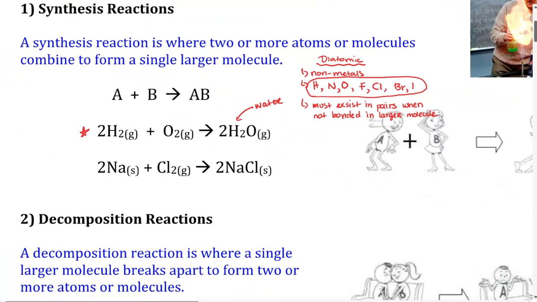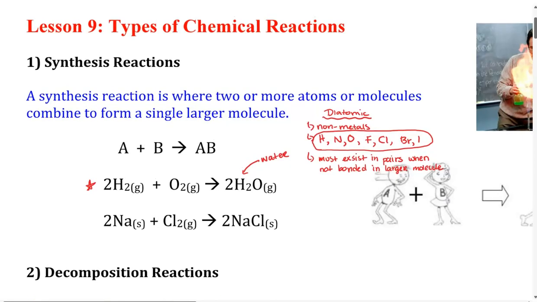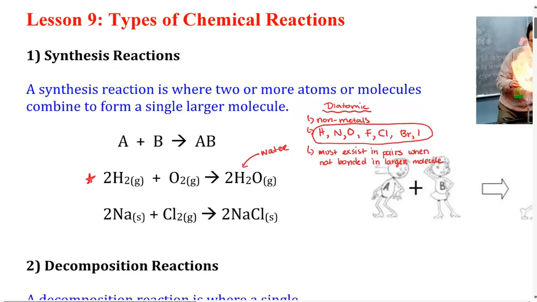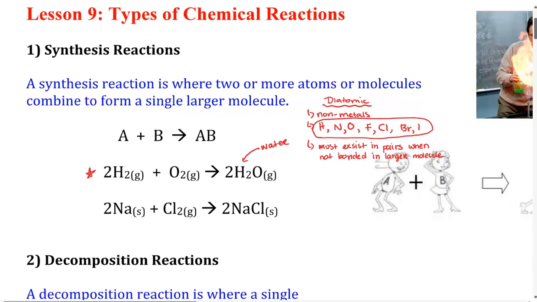Just ignore the big balancing coefficients. These reactions have been fully balanced. We'll talk about that a little bit later. I just want you to focus on the elements themselves and then the molecule. Our next example, we have sodium, which is an alkali metal, that we're familiar with. Those are quite reactive. And then we also have chlorine gas, which is toxic, famously used in the world wars,